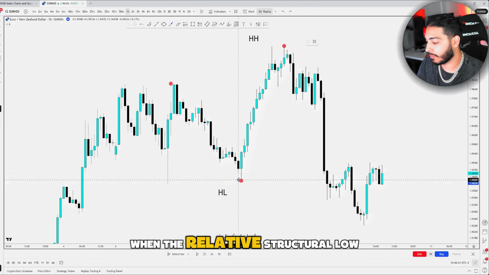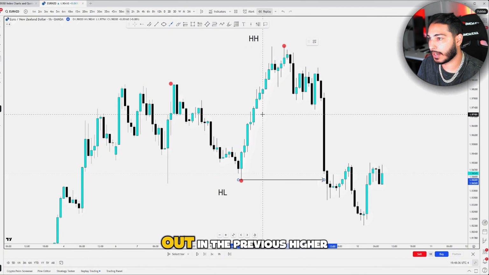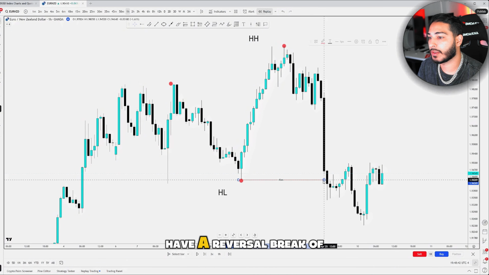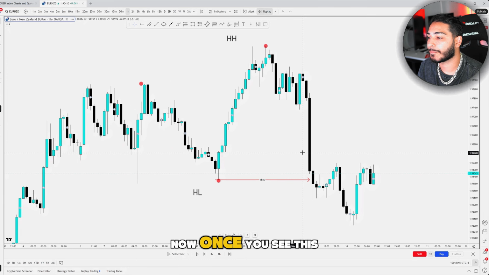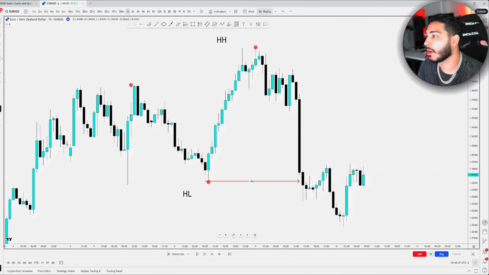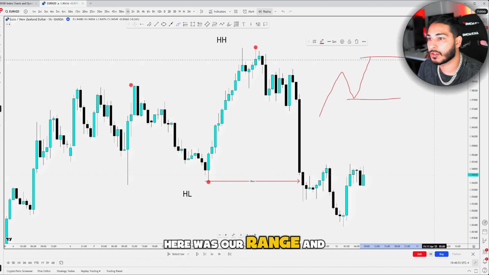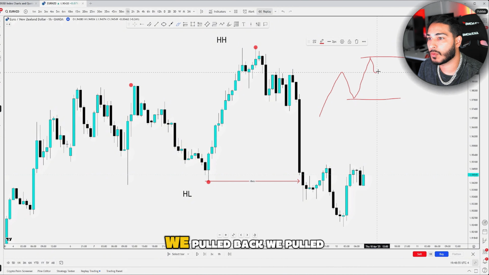When the relative structural low gets taken out, the previous higher low, what we have is a reversal break of structure. Now, once you see this reversal break of structure, what's really happening is very simple. We had an uptrend going like this. Here was our range. And, you know, we pulled back, we pulled back, we pulled back, and then boom, we